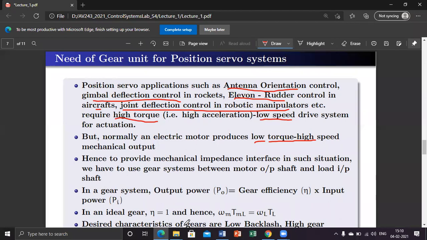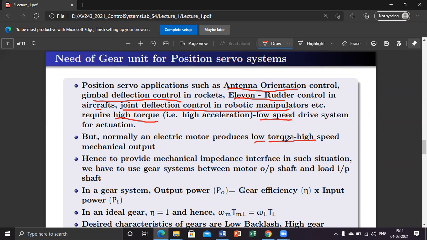So normally in electric transmissions and all, we avoid high values of current passing through conductors. Instead, we prefer high voltage, low current power. The same thing is applicable here also. We normally prefer high voltage, low current as the armature driving circuit. Similarly, wherever the power amplifier is there, current is passing through various devices, etc. Everywhere we like to have low current, and hence the motor normally produces low torque.